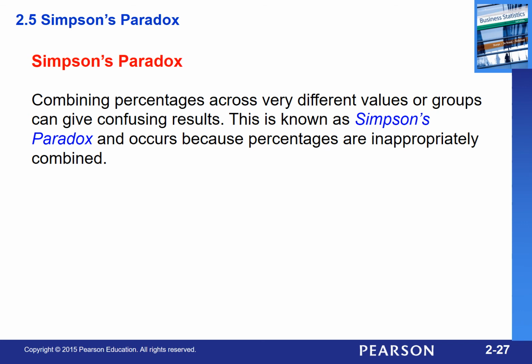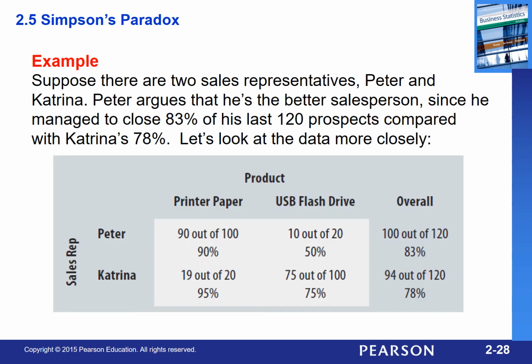Let's take a look at this. Let's do an example. So here I'm looking at Peter and Katrina, and he's trying to argue that he's a better salesperson because they're selling printer paper and flash drives. And if you look at their totals as compared to,